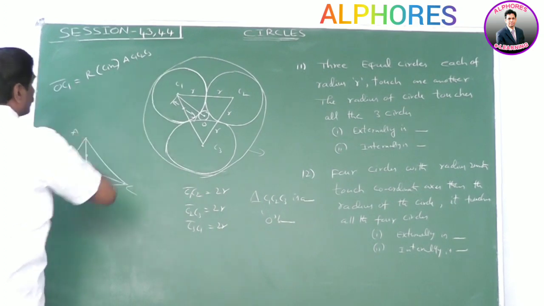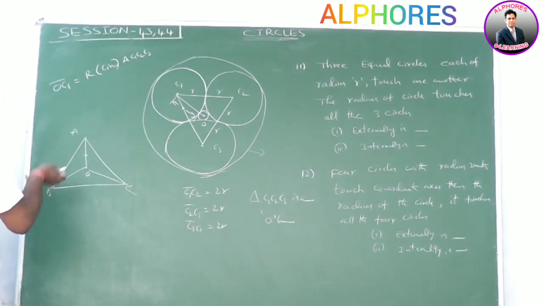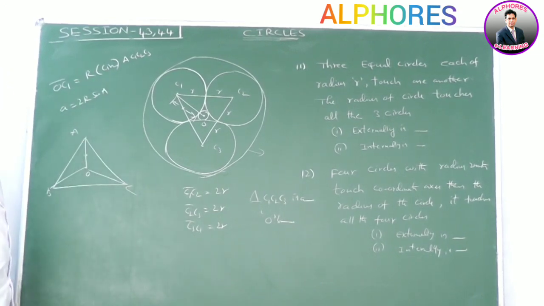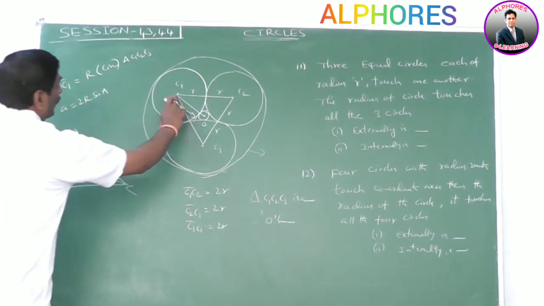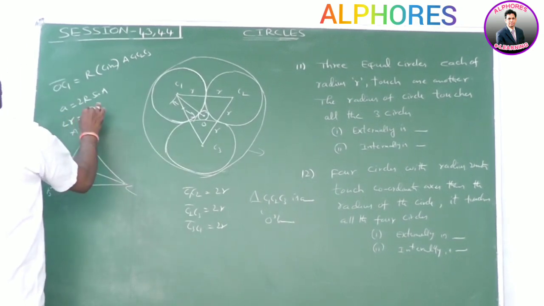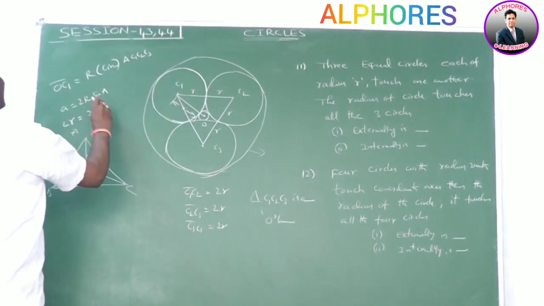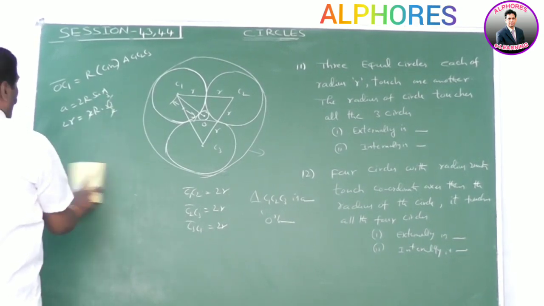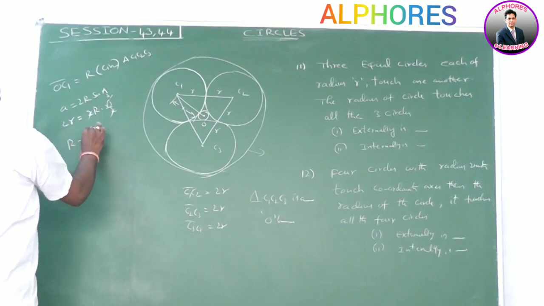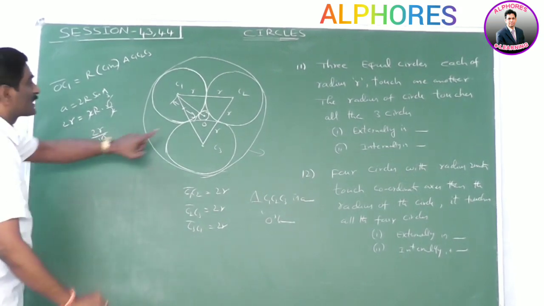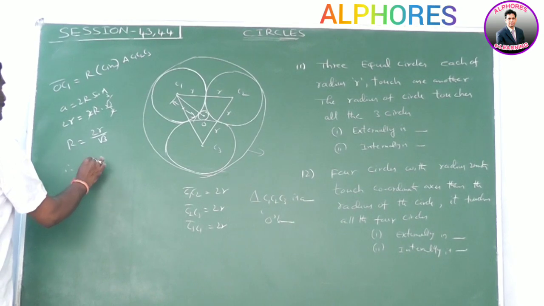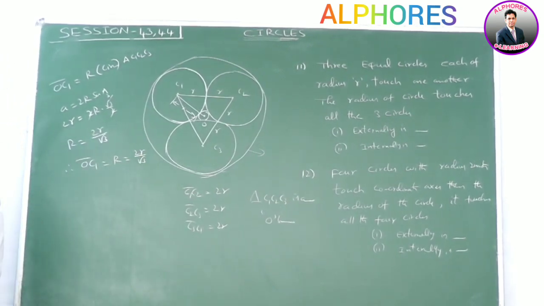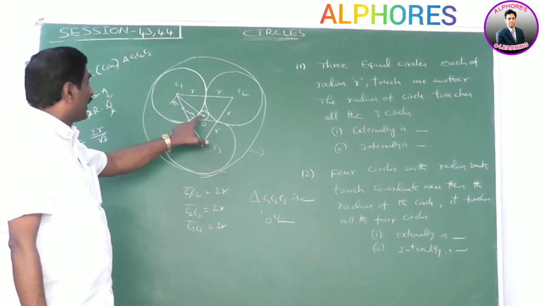C1C2C3. Okay. In a triangle, we know that a is equal to 2R sin A, and in an equilateral triangle angle A is equal to angle B is equal to angle C is equal to 60 degrees. a means side C1C2. So a means 2r is equal to 2R into sin 60. Sin 60 means root 3 by 2, the 2 cancels. Okay. What is the value of R? R is equal to 2r by root 3. R is nothing but OC1. Therefore, OC1 is equal to R, that is equal to 2r by root 3. Okay. Any doubt in this value? Now we find the value of OC1.